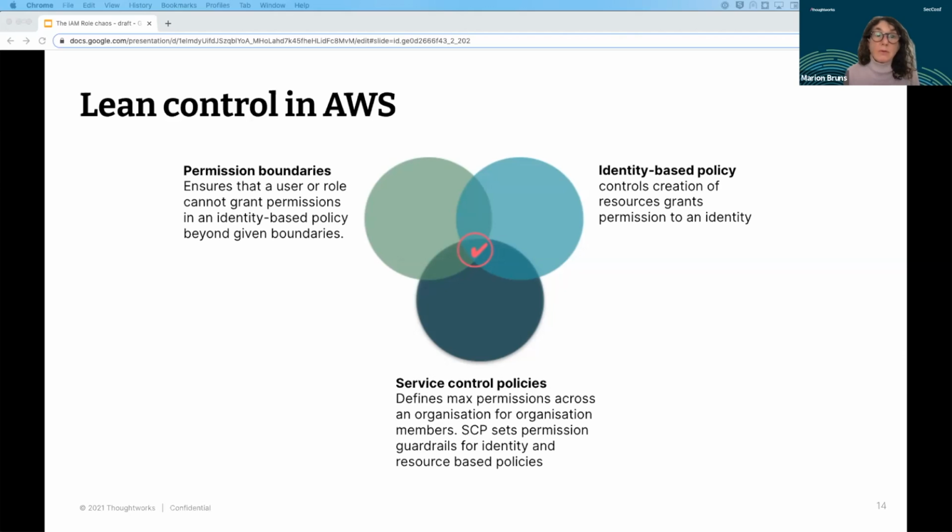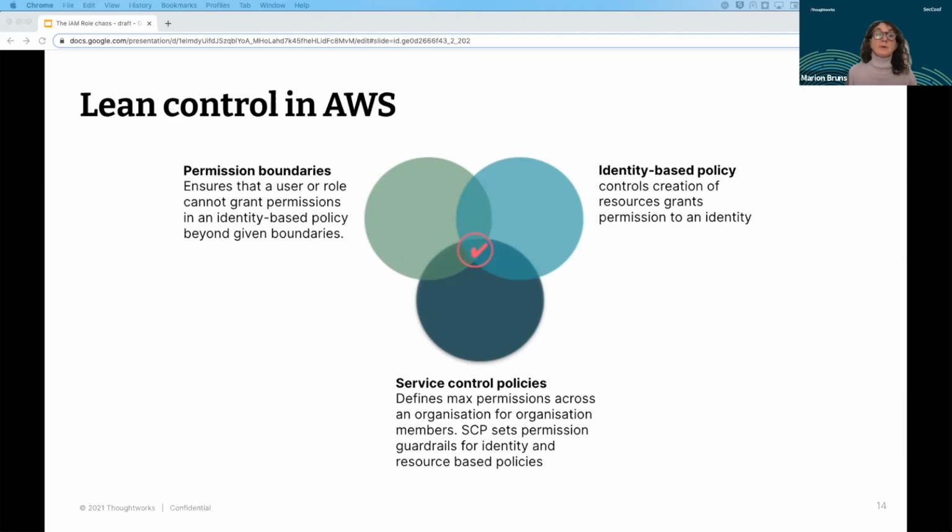And another good measure in AWS is service control policies. These policies define the maximum permission across an organization for a member in that organization. Organization is a term also from AWS, which you can create for your organization, and beneath this organization, you can create your organization units, which in turn then have a reference to an account.